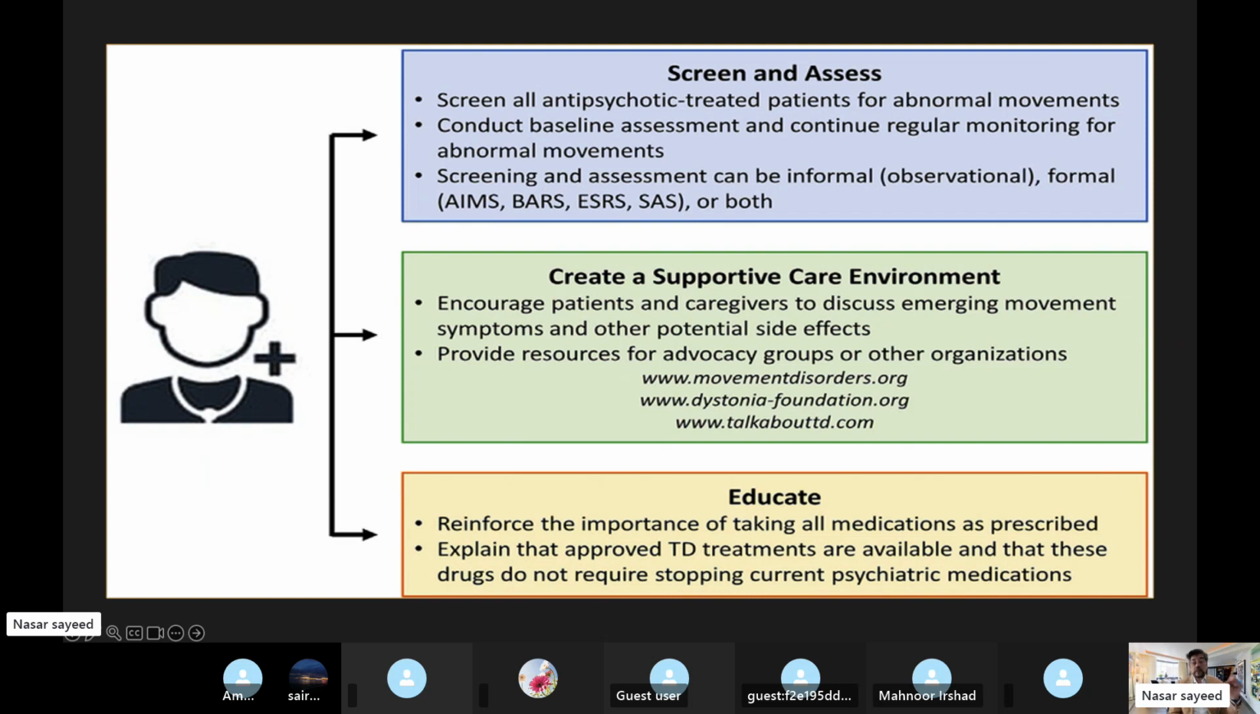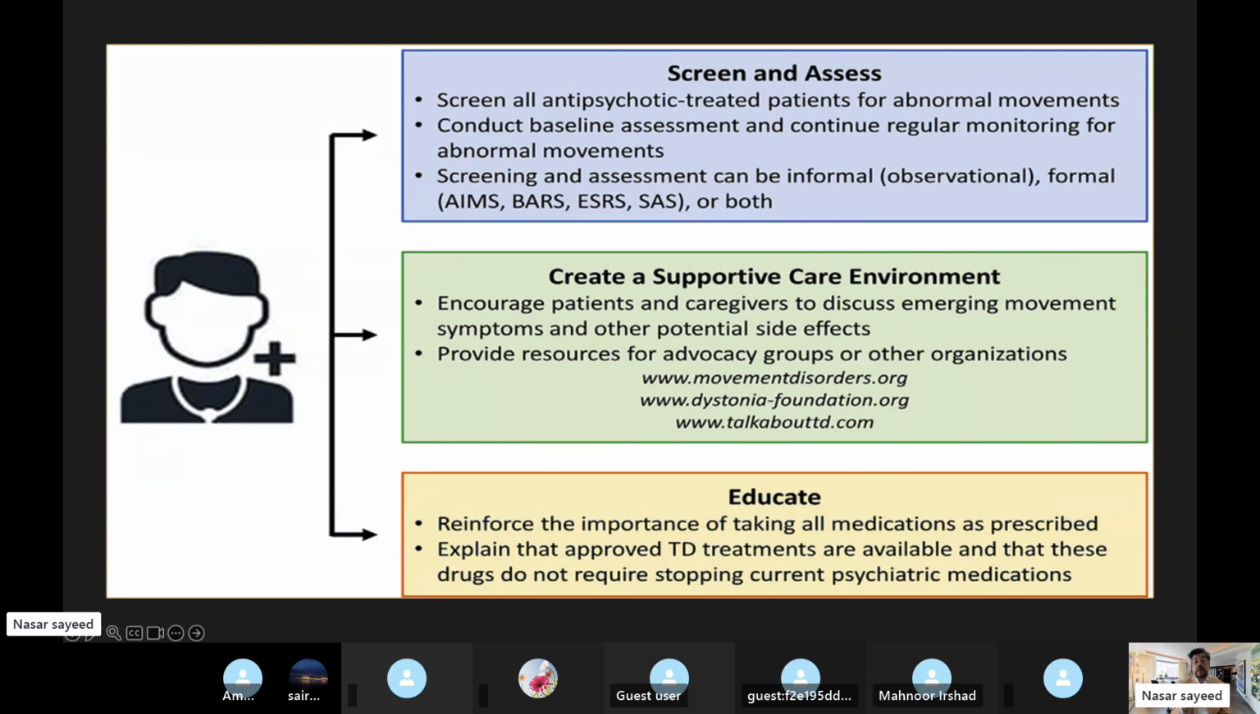Second, you have to assess the patient informally, like examining the patient, neurological examination, other investigations, file work, history taking. And if that is covered, then you will apply these tests, AIMS, BARS, ESRS, SAS, or all of them. Then, during this process, you have to again understand that the patient should be